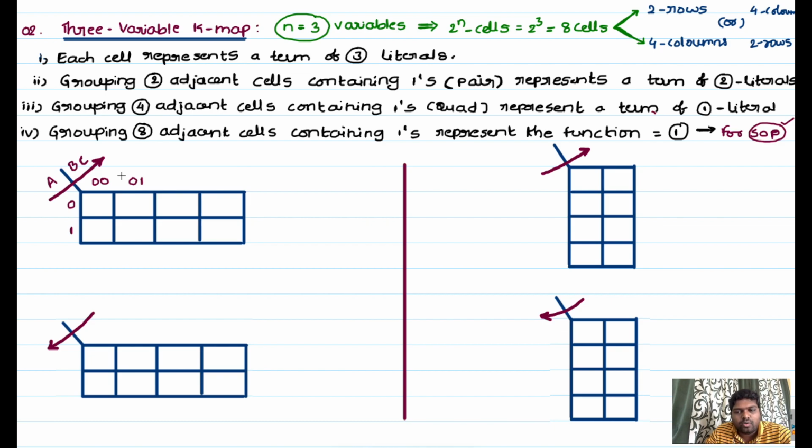I told you at the start that in the K-map method we have to use a Gray code sequence to get the minimized boolean expression. If you are moving from one position to another position, we should get only one bit position differing. So if you are moving from one number to another number, or one column to another column, we have a one bit position change. That is nothing but a Gray code sequence. What is a Gray code sequence? If you are moving from one number to another number, only one bit position varies. Just the change occurred in one bit position.